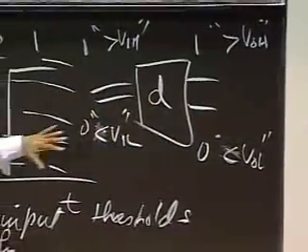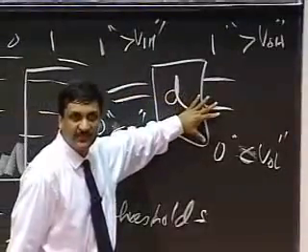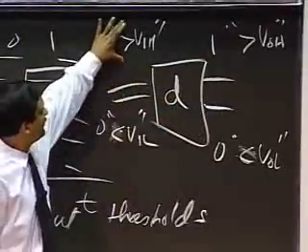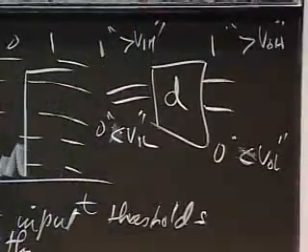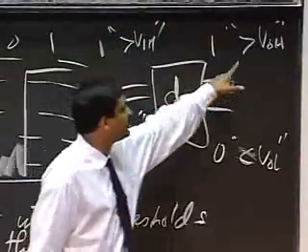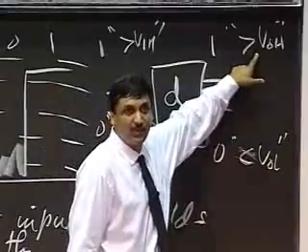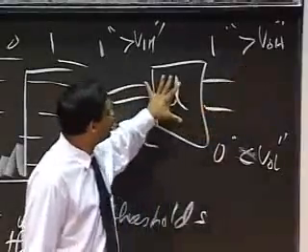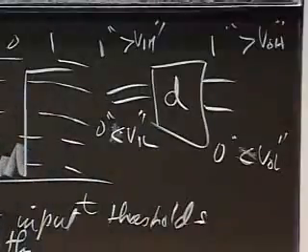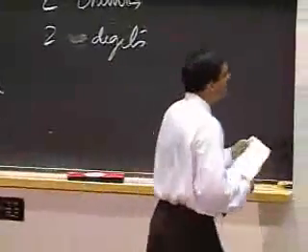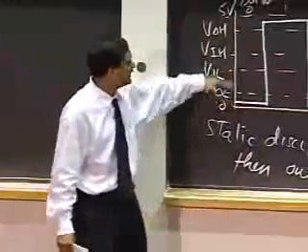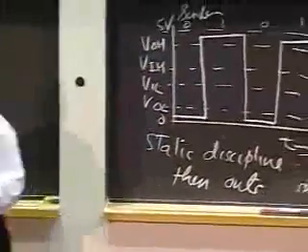So notice that there is a tough requirement in digital systems that for the inputs, I should recognize as a 1 anything higher than a VIH. But if I want to produce a 1, I have to produce a tough 1, like a 4-volt 1. Okay, so there is a discipline that all my digital systems must follow, and that discipline is called a static discipline. So static discipline encodes the 4 thresholds that all digital systems must follow so that they can